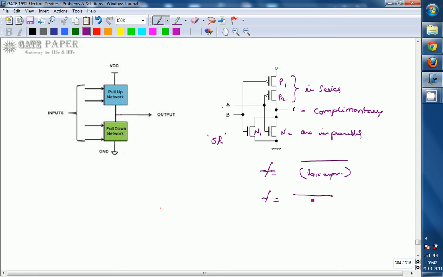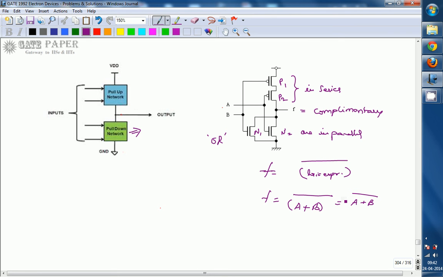First you have to make the complement, and you only have to look at either the pull down network or the pull up network. We will always go for the pull down network, because we are much more familiar with NMOS than PMOS. In the pull down network, if the transistors are in parallel, that performs OR operation between the inputs. The inputs for those transistors are A and B, and OR operation takes place with a bar. So this is A plus B bar, that is nothing but NOR operation.